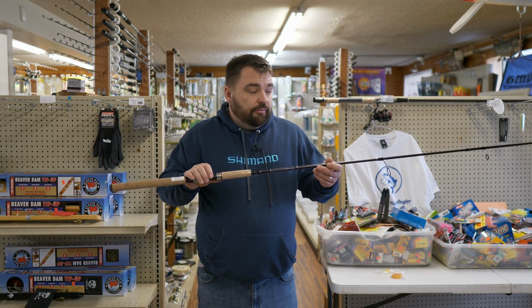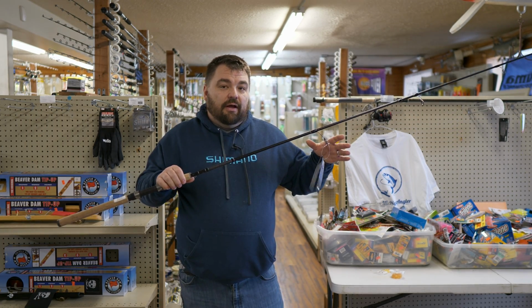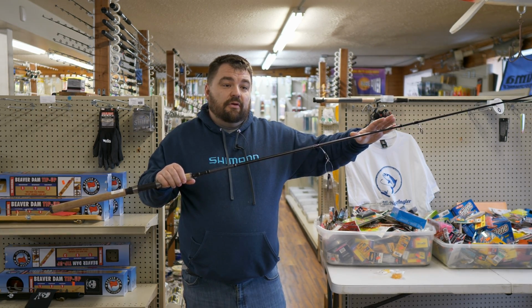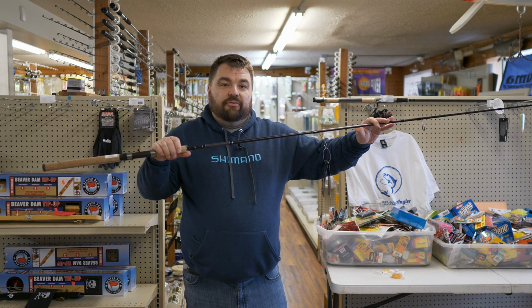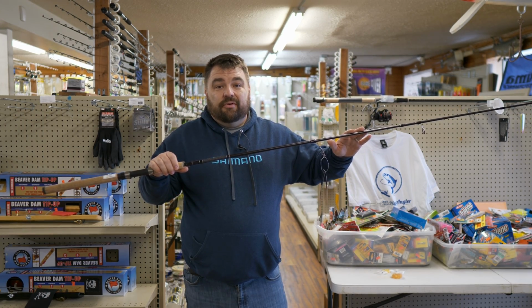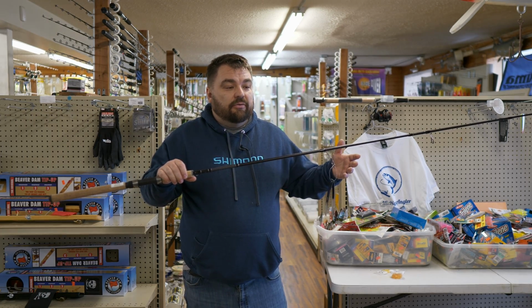The reason we use such long rods is because we like to use light line for the size of the fish. We catch pretty good sized fish, and the longer rod allows the rod blank itself to absorb the shock of the fish rather than the line, so you can get away with using lighter line. The other thing it helps you do is cast further. So those are the reasons we use a long rod,